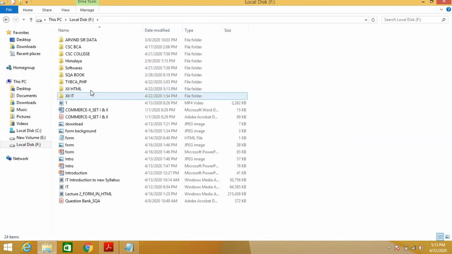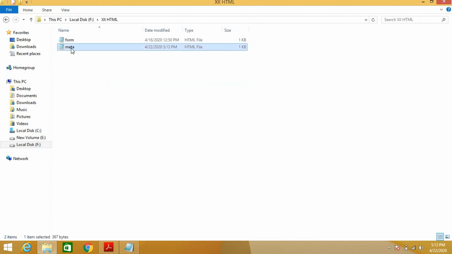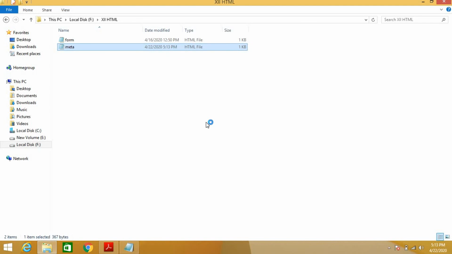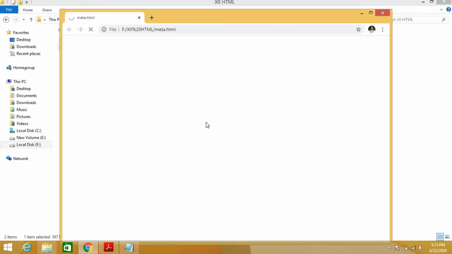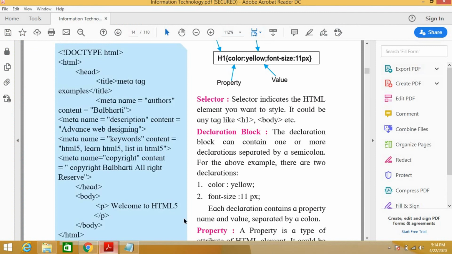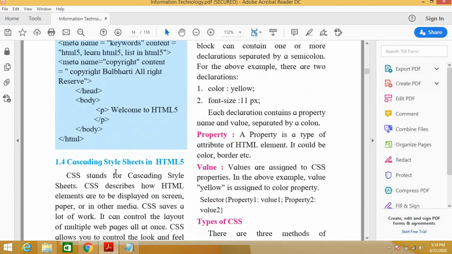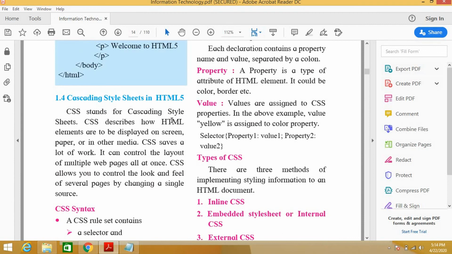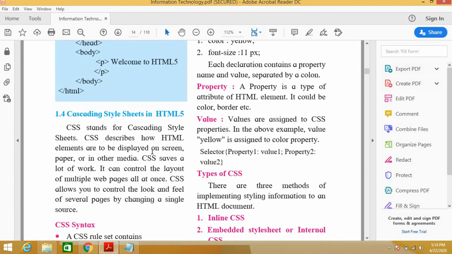Open the meta file with Google Chrome. Whatever you have written in the body tag will be displayed on the browser, so you see welcome to HTML5. This is about the meta tag. In the next video we'll see CSS, cascading style sheets, which is a very important part of HTML5. Thank you so much.